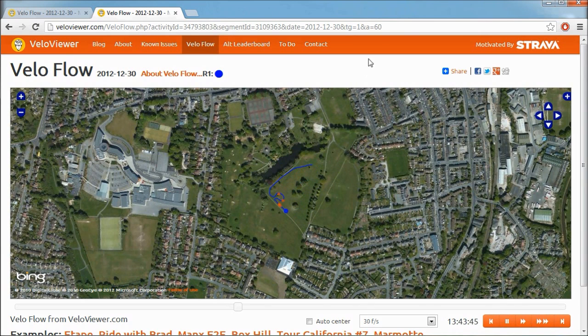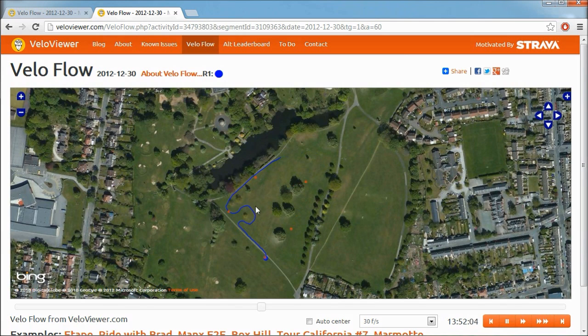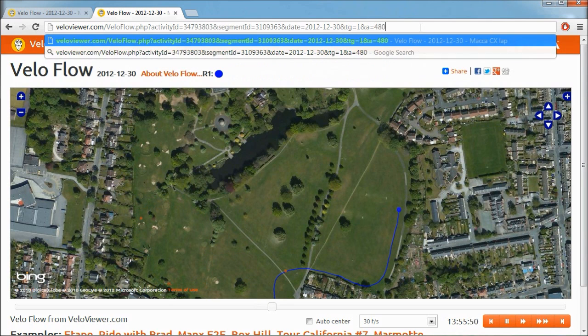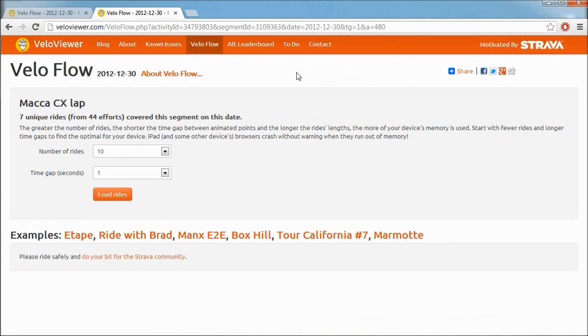It's 60 seconds because it's 60 from here multiplied by the time gap, which is 1. So if it had been 5 or 10 seconds, then obviously the tail would be longer than that, and you adjust that value there to make the tail the length that you want. That gives you a slightly more interesting view on things, but for this course it takes about 9 minutes to get round. So if I put 480 in here, so 480 seconds,